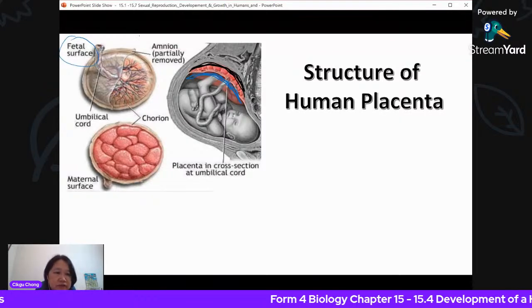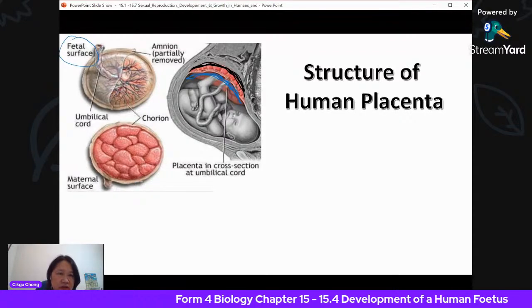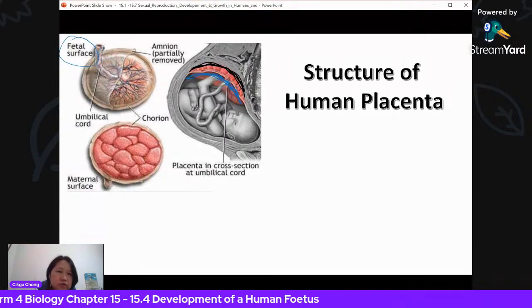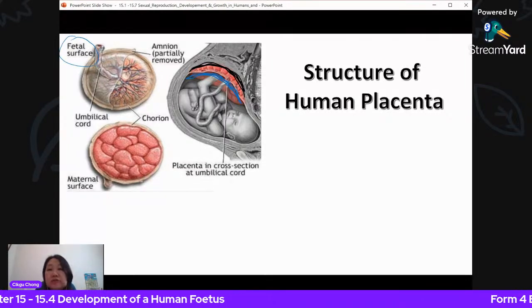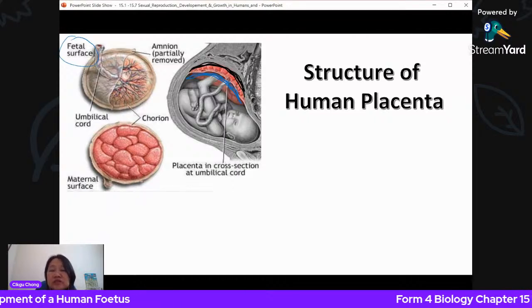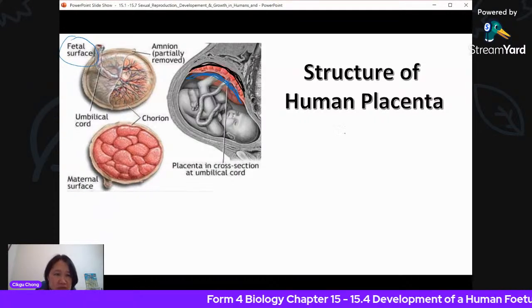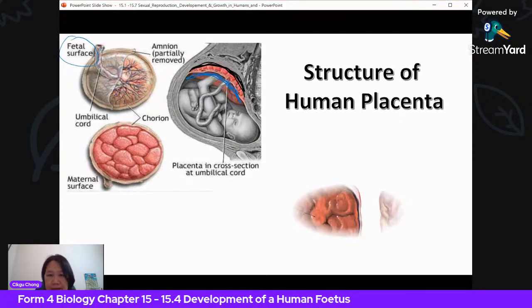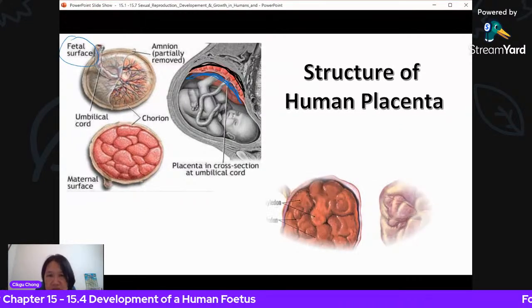You can see these are all chorions, which are the highly branching out of these blood vessels, and that will be, of course, to increase the surface area. So you have efficient diffusion of gases and so on, and the nutrients. So this is the maternal side. You see that both are different. This is the maternal side, maternal surface.